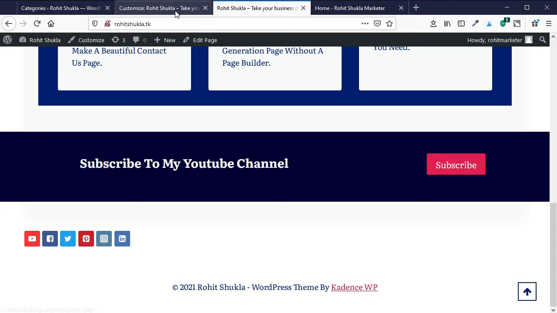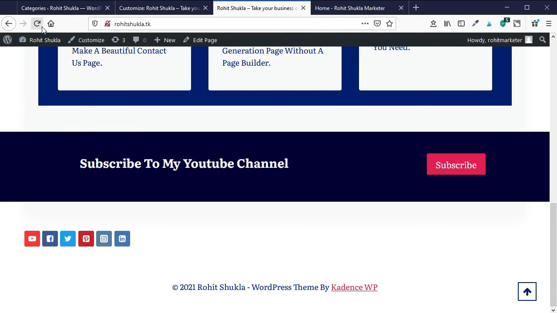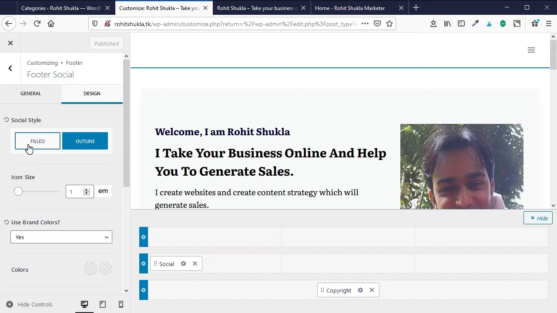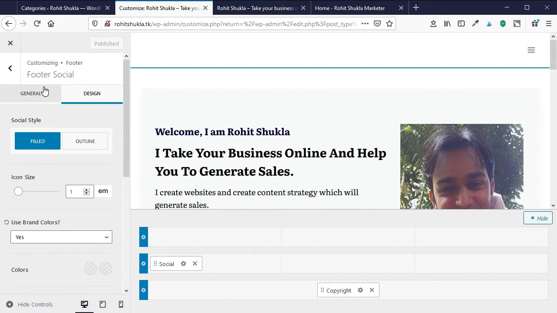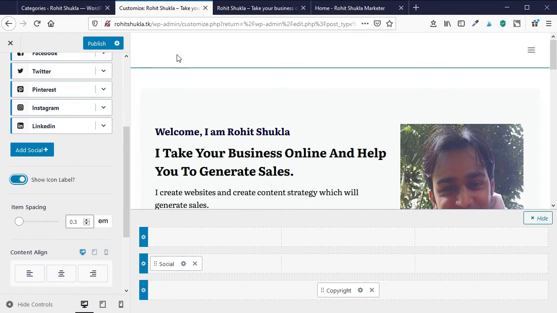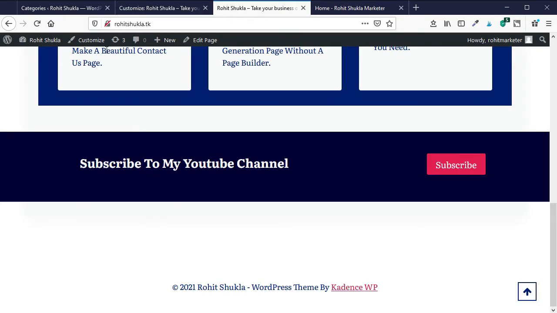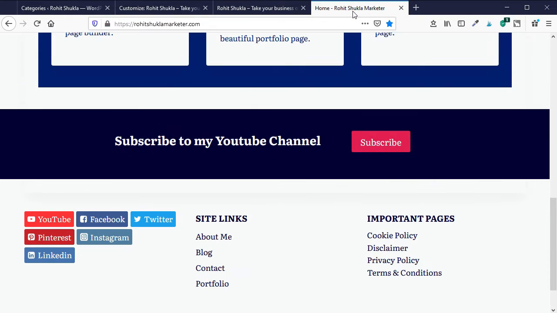Now it is looking good, but we want the text also. Where is this option? It must be here. Let's see. Now, done. This is looking good.